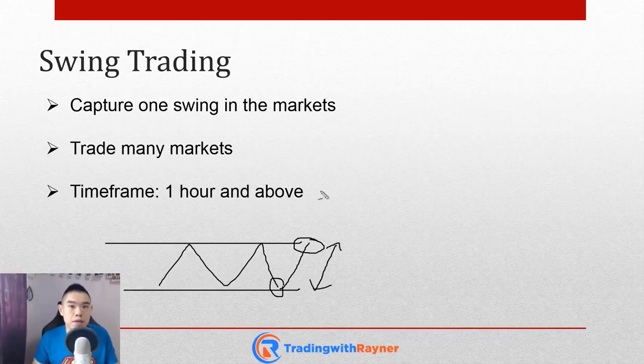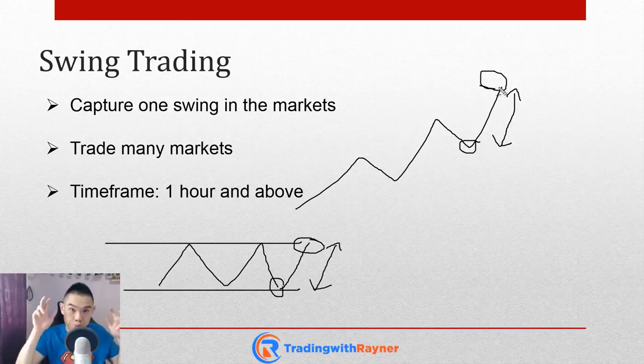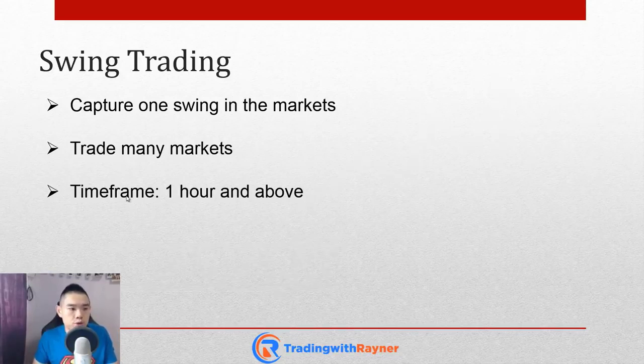Alternatively, the market could be in a trend, like this, higher highs and higher lows. So one swing in the market could be buying near the lows and exiting near the highs over here, and this again is one swing. Now some of you might be thinking, hey Rainer, how do I know where this trending move might end? Well, I'll share with you a technique later on how you can actually predict these highs in a trending market. And as a swing trader, you typically trade off the 1 hour time frame and above,